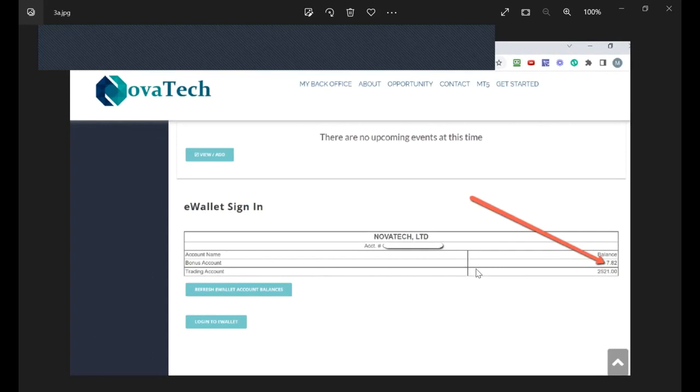So let's assume this is your first Friday in NovaTech and you've got a balance over $1. You can reinvest that so that you're trading next week with a larger trading account. Okay, so we can see we've got $7.82. The most important thing is to remember just the dollar figure, which is $7. And we'll come back later and see that right now we have a trading balance of $25.21. But the most important thing we want to remember is the $7, because that's what we want to reinvest